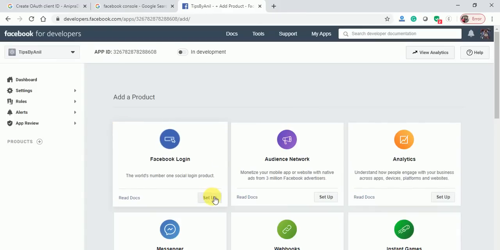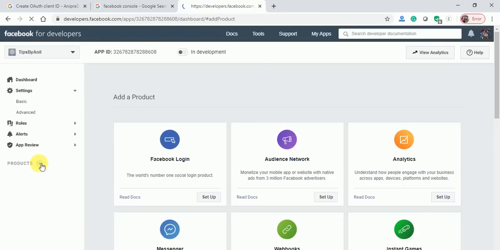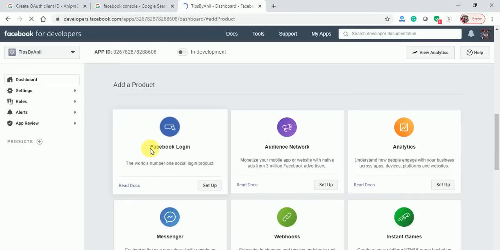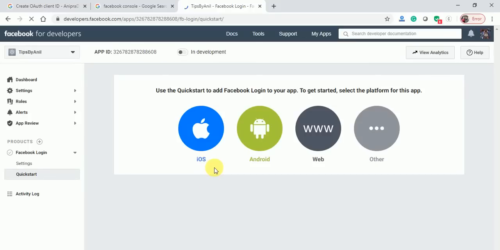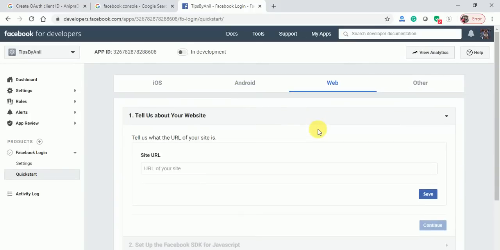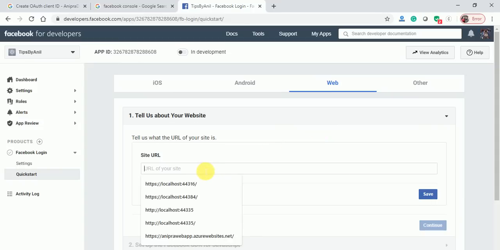From here go to settings. First add a product. In add a product we have to choose log in with Facebook. Click on setup. We are going to create it for web. Here we will provide the URL for our localhost.